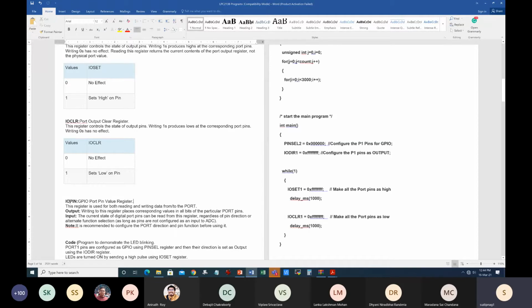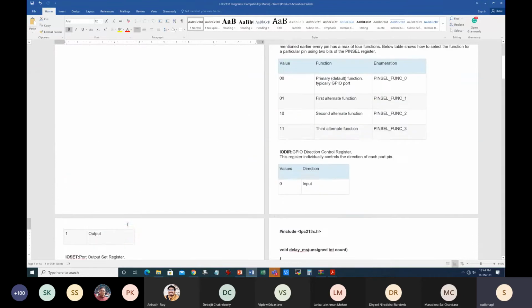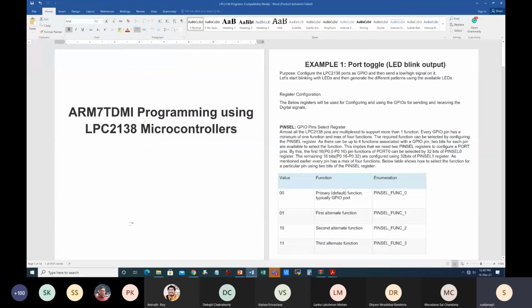Okay, now we have to go to the next thing, which is the input configuration. So you always have to read this IO pin. The next thing over here is the code that I've written. For ARM, we typically don't write assembly level code, unless there are very strict time compliance issues. That means if there is a very time critical thing that you have to execute, only then should you write assembly code. But most of the time we write only C code or some sort of high level language coding for microcontrollers like ARM.